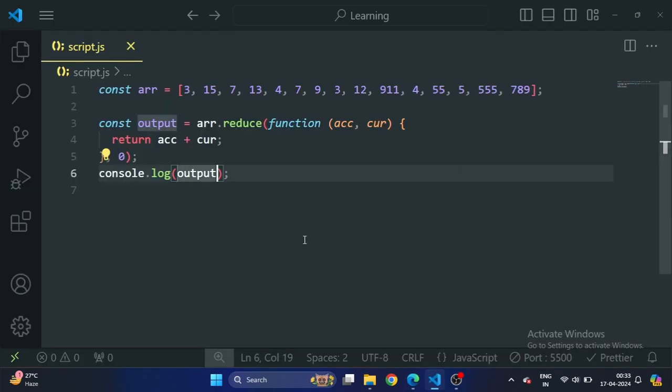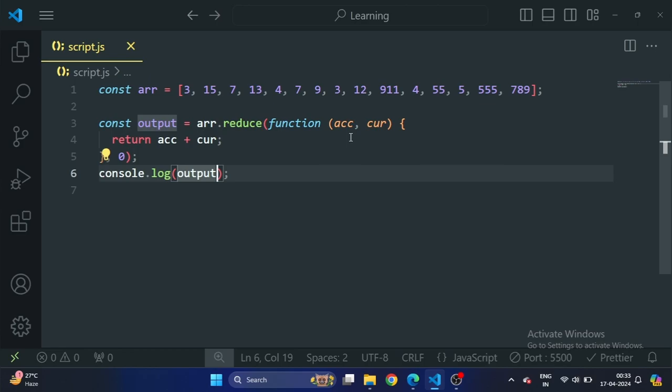Now some of you might be thinking, what is accumulator and current value? So accumulator starts at 0 or any initial value you provide, for each element in the array.